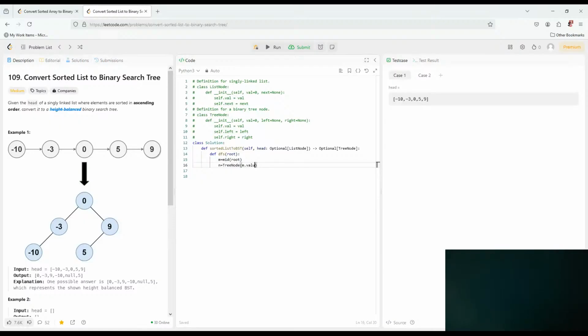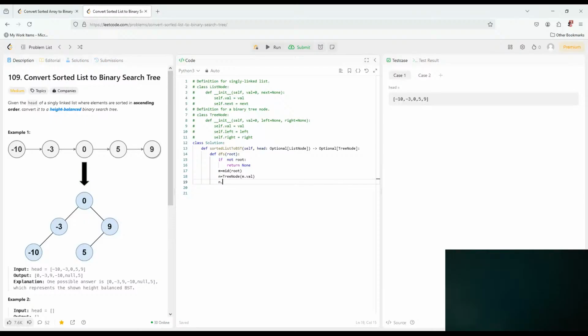So list node is val, midpoint val, and for this node we also have to check the same thing, right? We have to have if root, we do this, or we can say if not root return none, then we